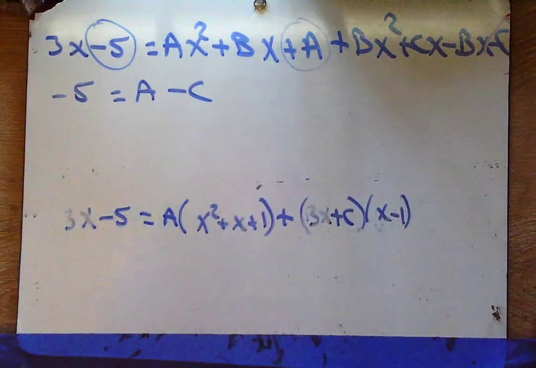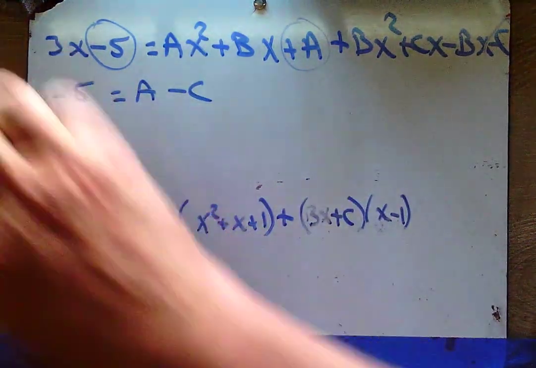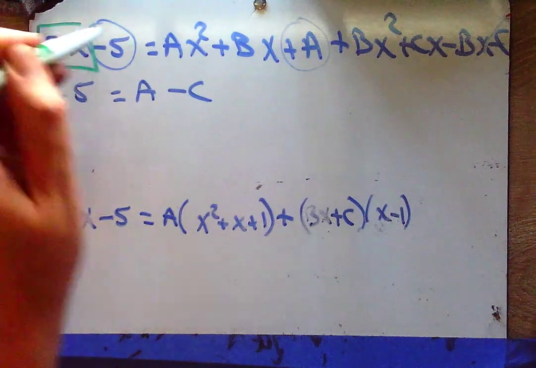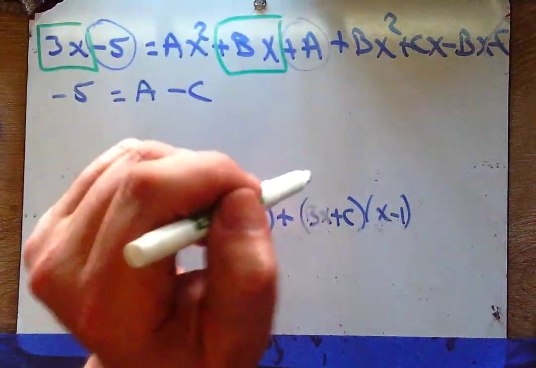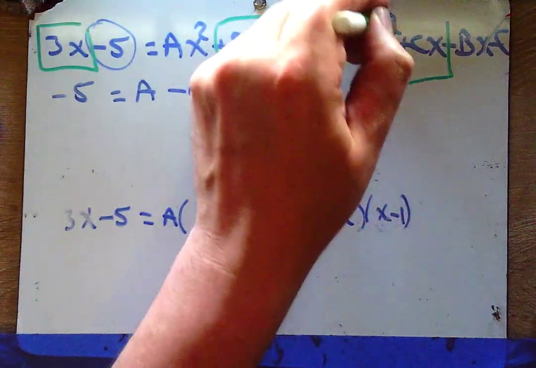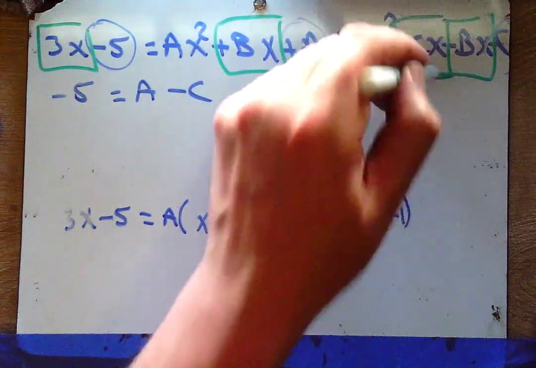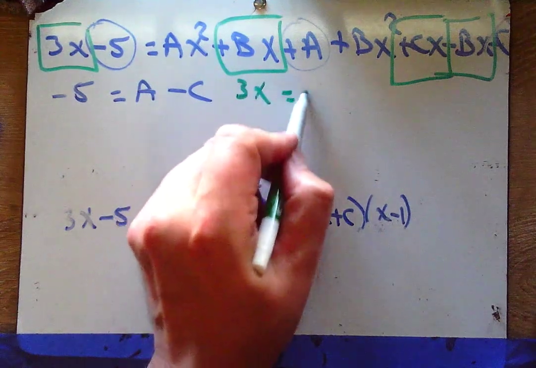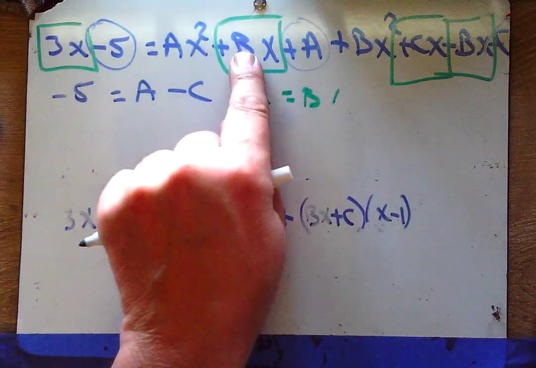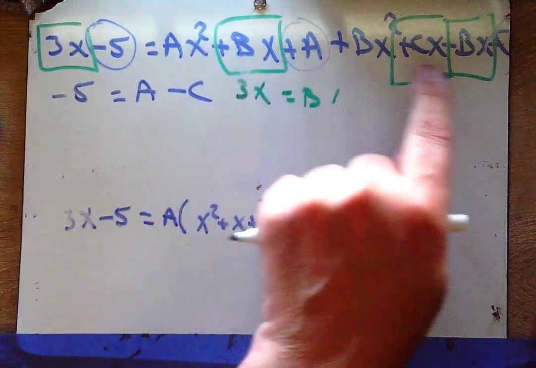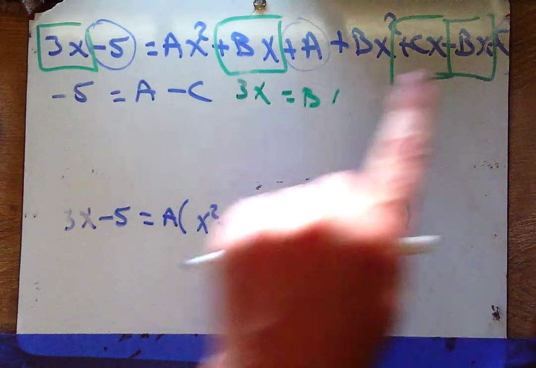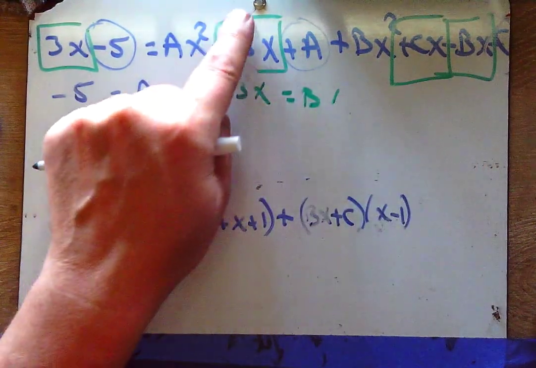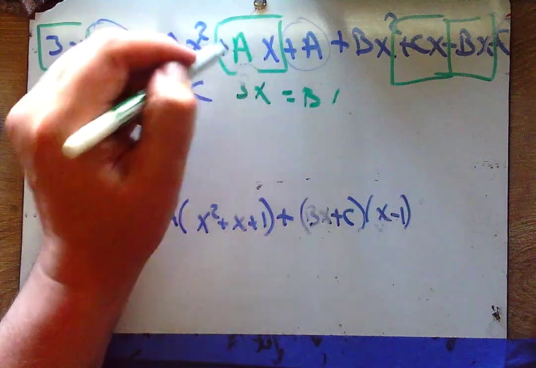And now let's group all the stuff that has an x to the first together. X to the first, x to the first, x to the first, and x to the first. So my next equation is 3x equals, oh look, plus bx minus bx. Can that be bx? No, that's ax. Sorry,